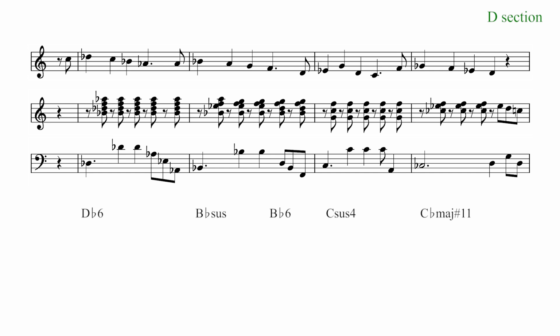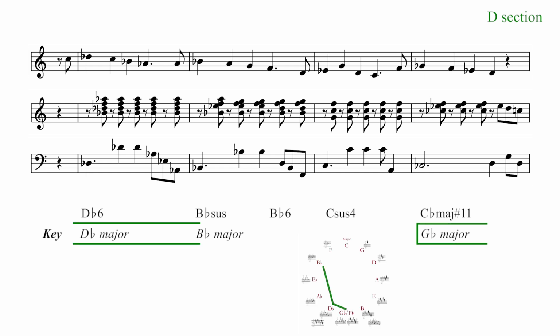The corresponding key changes are similar to those in the B section, but make one crucial adjustment. We start in the key of D-flat major, move to the key of B-flat major, which now lasts through 2 measures, but then to reach the C-flat major sharp 11 chord, we jump to the key of G-flat major, not our original key, but in fact one step flatter. Plotted on the circle of fifths, these movements still have the general structure of moving sharper in steps before taking a leap backwards, though here the leap is smaller, having a more audible sense of direction.